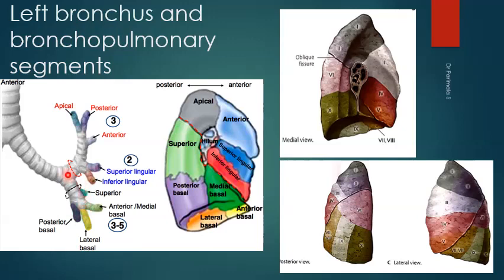The ascending branch subdivides into tertiary bronchi. How many tertiary bronchi? It divides into two tertiary bronchi here, apical and posterior. This is the ascending branch of the upper lobar bronchus, and this is the descending branch of the upper lobar bronchus. So the ascending gives off apico-posterior and an anterior, two tertiary divisions we can say. Sometimes this apical and posterior will arise separately, or sometimes it can form a single bronchus.